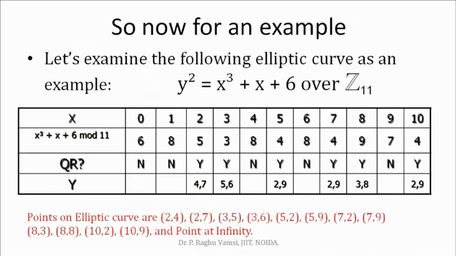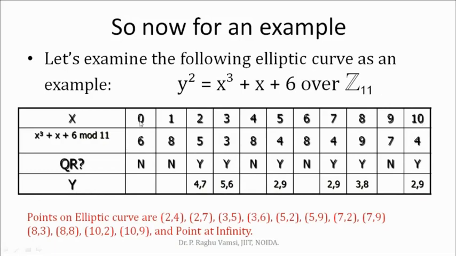For example, here the curve equation is y square is equal to x cube plus ax plus b, but in place of a we have 1, and in place of b we have 6. And here, Z11, the prime number we have considered is 11. So this is the curve equation. We saw in the last lecture how to generate the keys. In order to generate the keys, the maximum value you will get with the prime number 11, that is modulo 11, is up to 10. That means we will get values from 0 to 10.